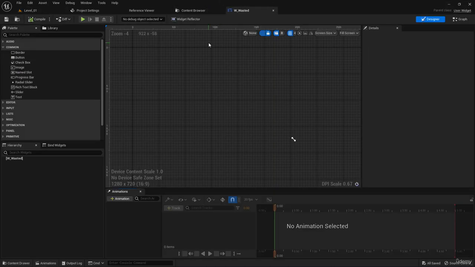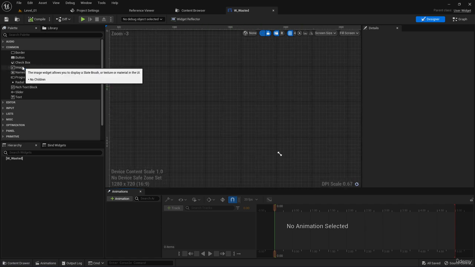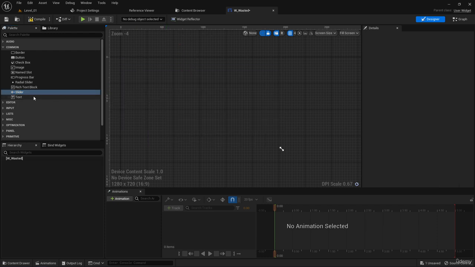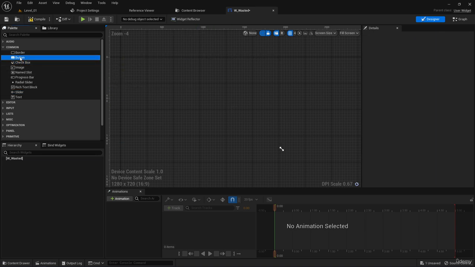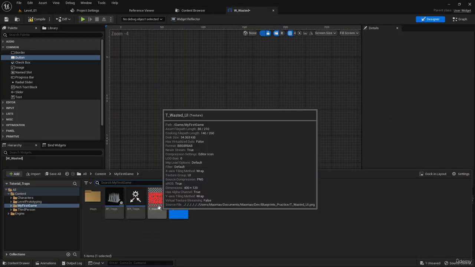Okay, what you will see here is basically a window where you can just put stuff. For example, you can put an image, you can put a slider. Let's delete this one. You can put a slider, something like that. You can put checkbox, buttons, basically anything that is inside the user interface. In our case, of course, we want the image, but we don't want any size, because if we drag it